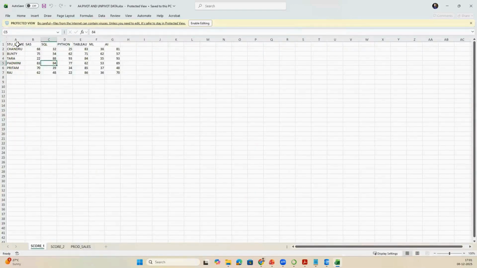It has student name, subject, SQL, SAS, Python, Tableau, machine learning, and AI. I want to convert those subjects, which is around how many subjects? 6 subjects. I want to convert them into rows. That means I'm going to create a table having 3 columns, student name, subject, and the score after transposing from column to rows. So how to go for doing this? Now let me go ahead